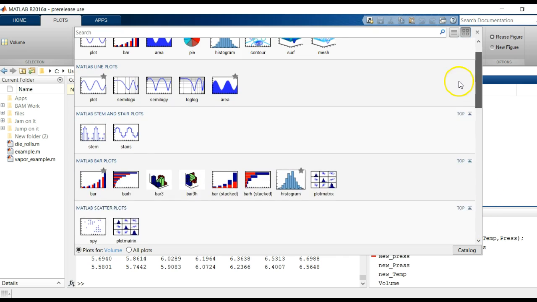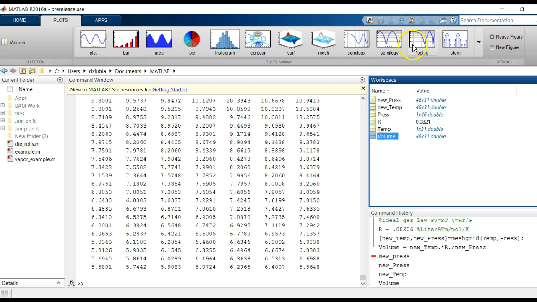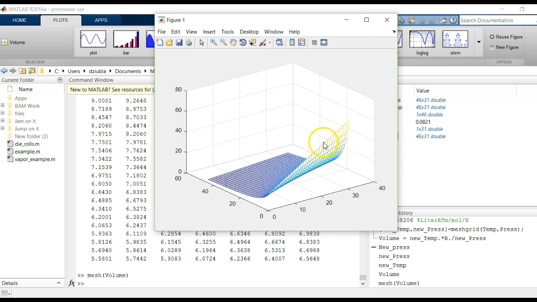Like I said, it would take quite a long time to go through all of them, but let's do a mesh plot on the volume data so you can see what this looks like. And sure enough, you can see how pressure and temperature relate to each other in this value. Now you'll notice right away these axes are meaningless, because the way we selected this data, there is no value that represents the magnitude of one direction versus the other. So this is not the best way to set this up, and that's one reason we're going to learn why you might want to use